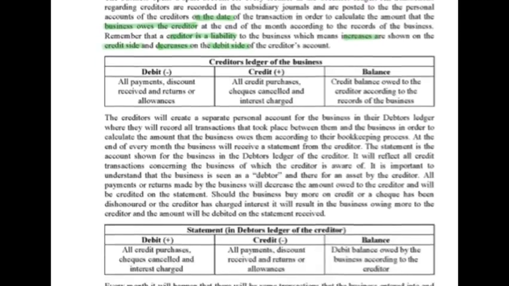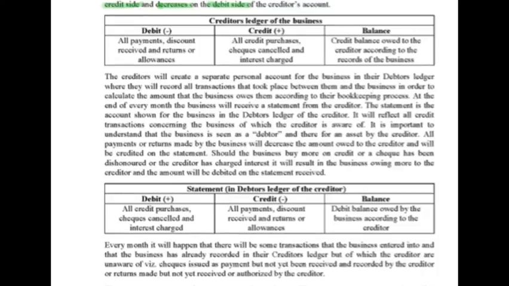So if I look at a specific creditor's ledger account, you can look at the example here. Debit will mean it's decreases, so those are for all of your payments, your discounts or returns or allowances. Credit, however, is the increasing side. So that is when I purchase more on credit, or when my checks are cancelled, so due to RD checks, or when interest is charged. And then the balance column is simply a balance. So it will always show a credit balance, and that is what we owe to the creditor according to the